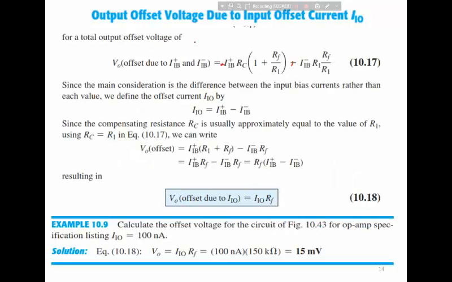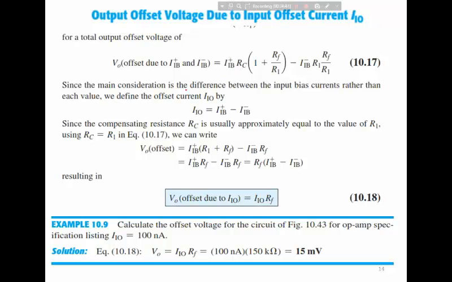The total output voltage will be equal to the sum of these two. If we add these two outputs, the output due to IB plus and the output due to IB minus, we end up with this relationship. In this relationship, we can see that